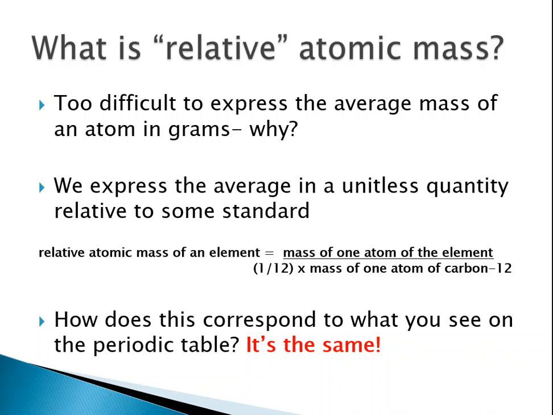So the old way to determine the relative atomic mass of an element was by taking the mass of a single atom of that element and dividing it by 1/12 the mass of a carbon-12 atom, and that would give us the relative atomic mass. Nowadays we use the mass spectrometer. It's much more